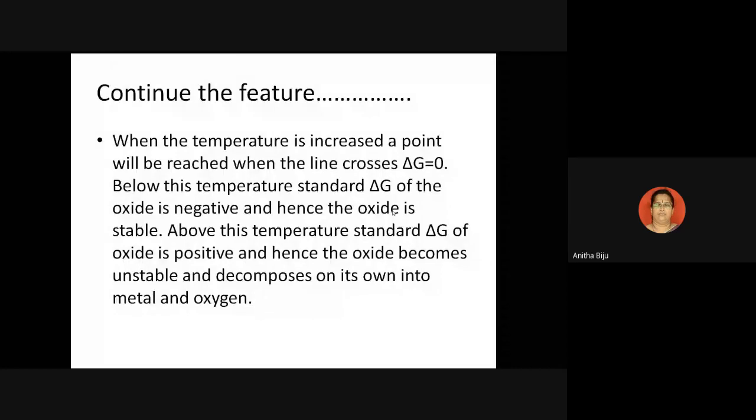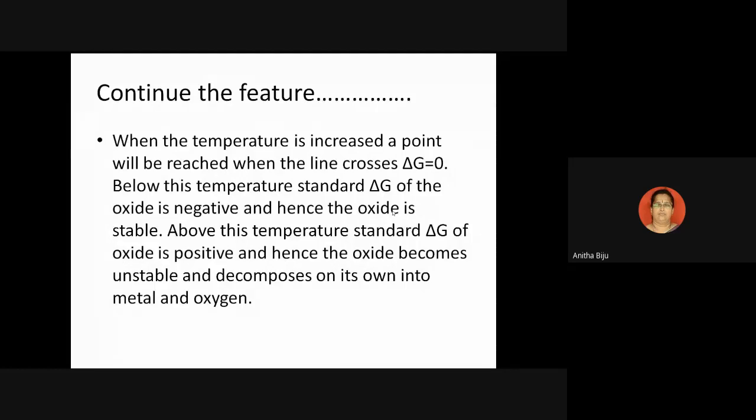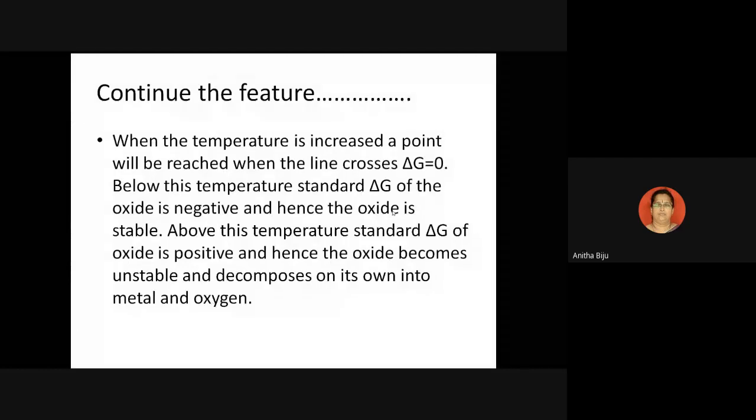You can look at magnesium to magnesium oxide. Look at the temperature. It is near about 1120 degrees Celsius. There is crossing that takes place, and before crossing there is a twist. It is not mentioned properly, but here the turning point, you can mark it in your book. You can see that the line is moving, then at a particular moment it goes moving straight. So that temperature is approximately 1120 degrees Celsius.